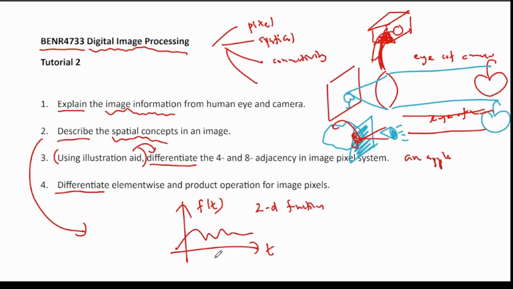So we have this: 1, 2, 3, 4. So t equals 1s, t equals 2s, and so on. So the f(t) is what we call the amplitude,